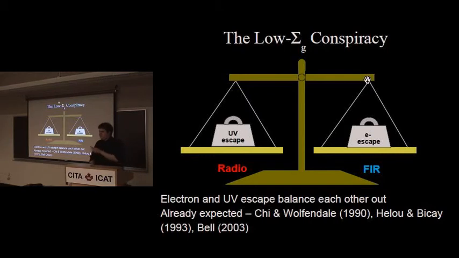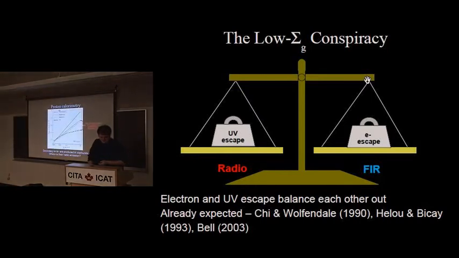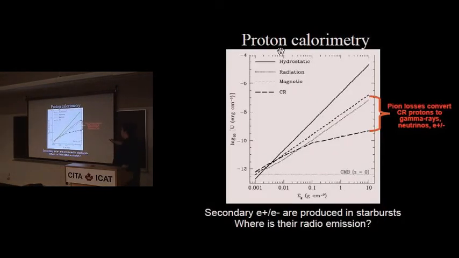And again, the correlation becomes nonlinear. So that makes sense. But you remember I said that at the high end, these protons are dying and producing these pionic losses. So when they crash into gas atoms, one of the things they produce is secondary electrons and positrons. So you have this additional source of electrons and positrons, and so where's the radio emission from all these other